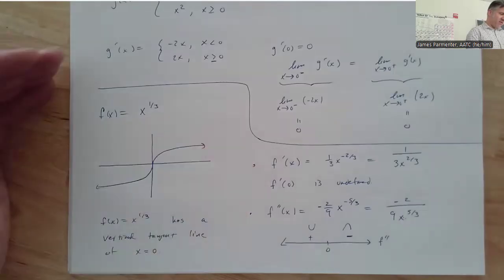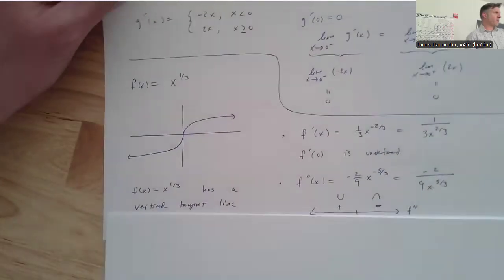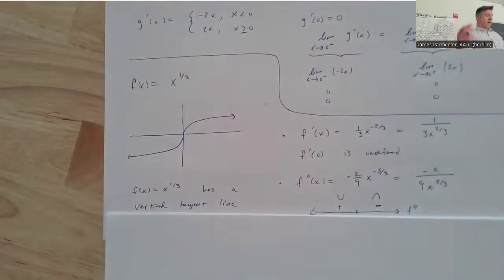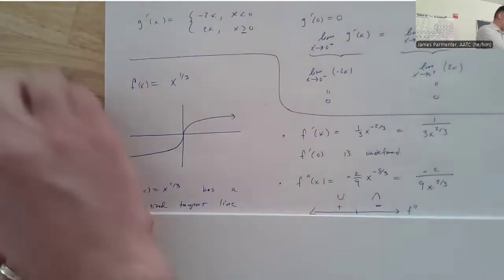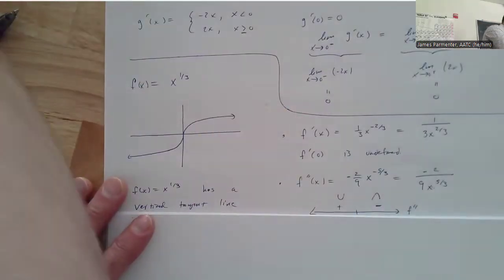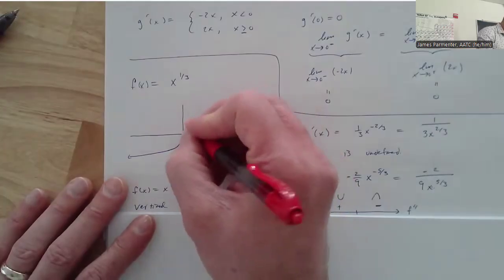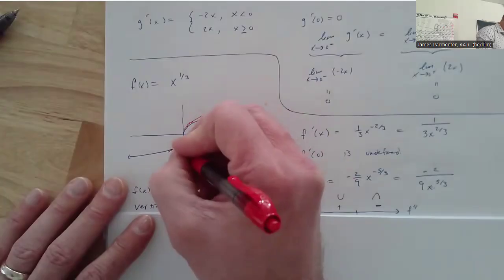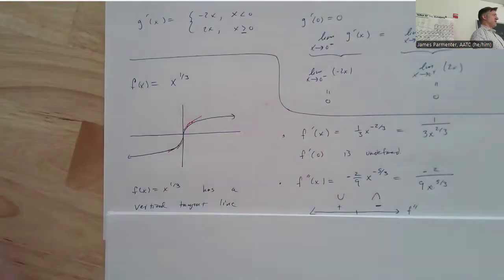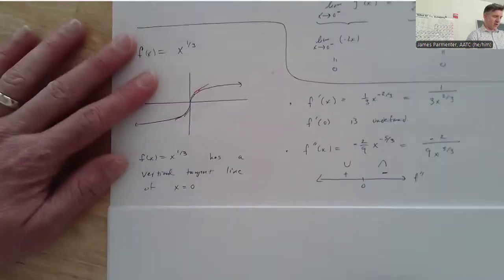Here's what I think you would have to do if you wanted to see if you have a vertical tangent line there. The slope should be approaching infinity from either side, right? The slope of my tangent lines on the right, yeah, okay. The slopes of these are getting closer to positive infinity. The slopes of these are getting closer to positive infinity. So if you had to do this non-graphically, I would say, well,